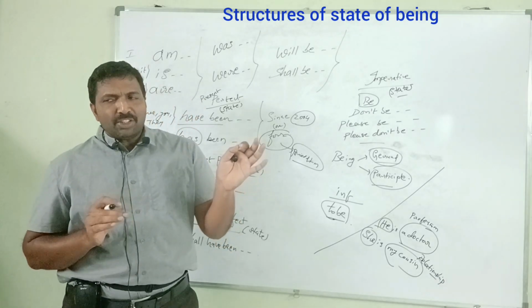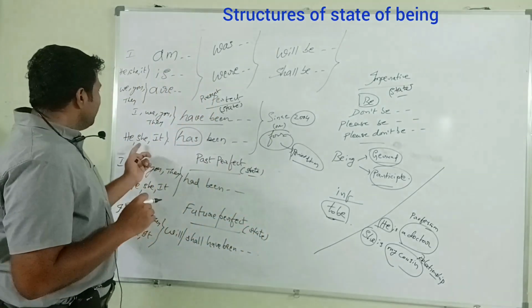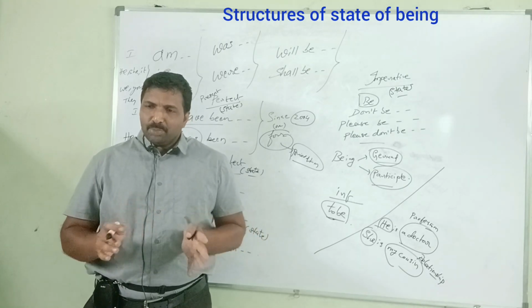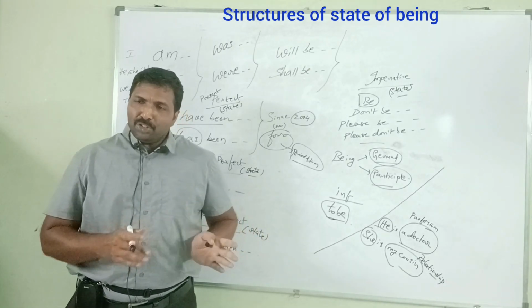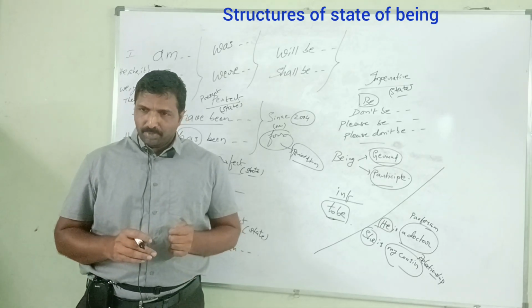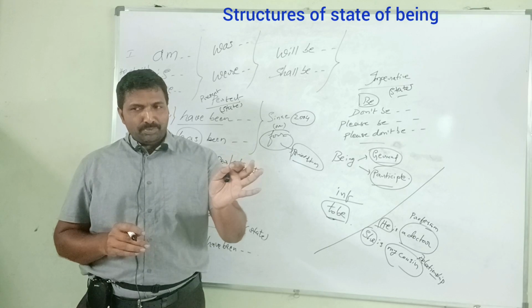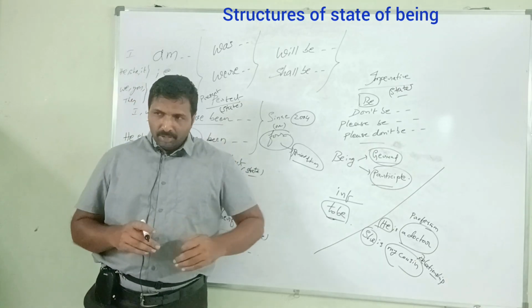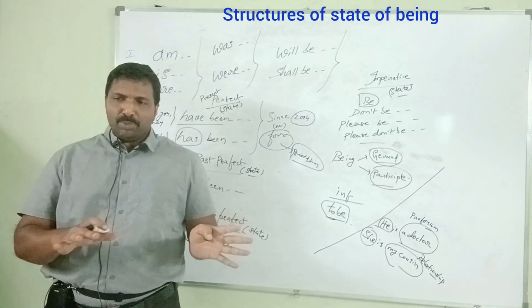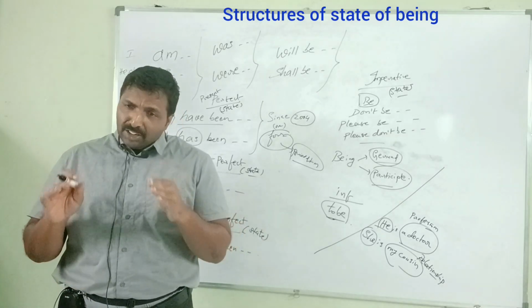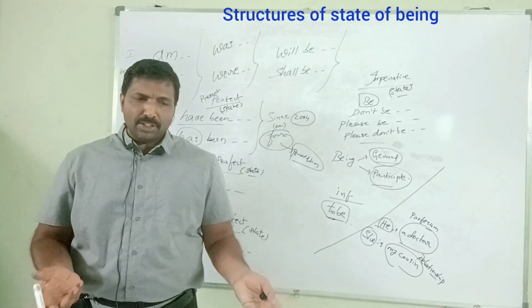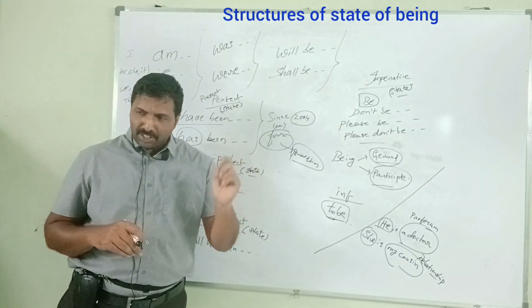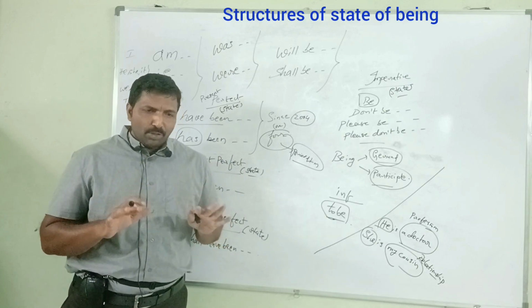This institution has been here for 1 year. This institution has been here for 12 months. She has been the topper in this class for 6 months. So far, so many examinations have been going on for the last 6 months. Still she is the topper. In the recent exam, the last examination also, she got the top score. She has been the topper in the class for 6 months. Still she is the topper. Are you getting my point?